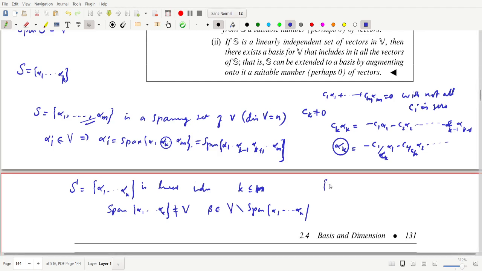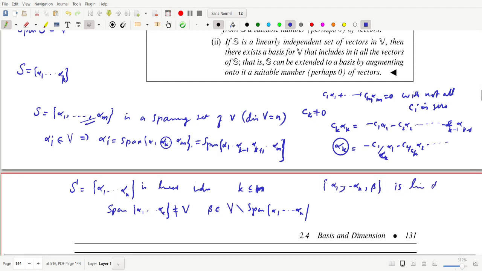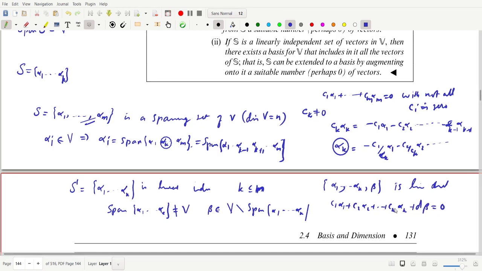Then the set alpha 1 etc. alpha k, by adjoining this beta to the set, is linearly independent. Okay, why is it linearly independent? If we choose c1 alpha 1 plus c2 alpha 2 plus etc. ck alpha k plus some d beta equal to 0, we can easily prove that all these coefficients are 0. First of all, suppose this d. Okay, if d is not equal to 0, the consequence is this beta